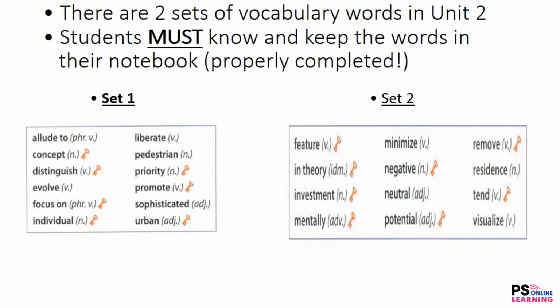And then set two. Feature has more than one meaning. Okay, feature is like the main event. Like if you went to a sports event, a concert or movies, they give you all the trailers, previews, but then the actual movie when it plays, that's the feature, that's the main thing, the main event.